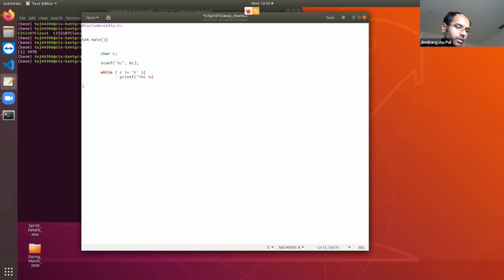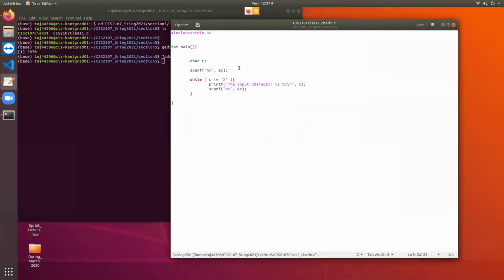The input character is %c, and then after printing it is going to take the next character. So it is going to again use scanf %c. Okay, all right. So this is basically the logic.